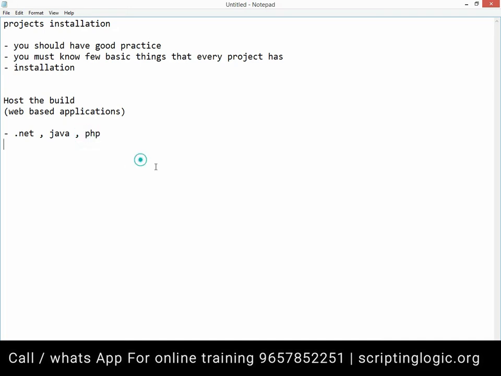I'm going to demonstrate one application in front of you, and you can do the same steps, or maybe some slight changes are needed, but with the same steps we'll be able to install several applications onto your machine. The same steps apply if you want to host it on some other web server that you purchase, maybe from GoDaddy or another hosting provider.